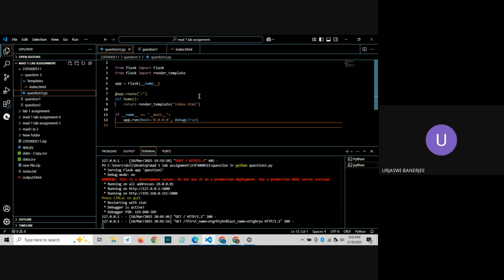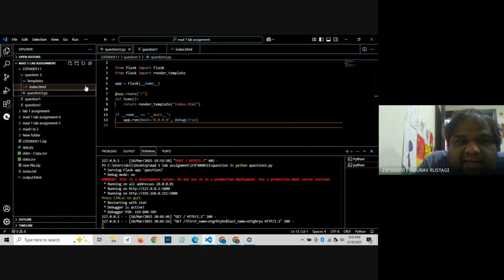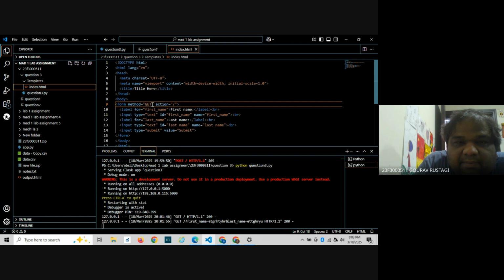Since we have not written POST in the backend, we are not accepting POST as a method. When we are in the front end and try to send a POST request, that will unfortunately send us a 404 error. But in HTML we are already adding the POST here.